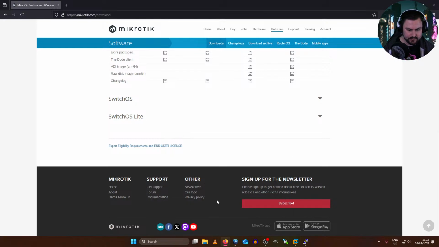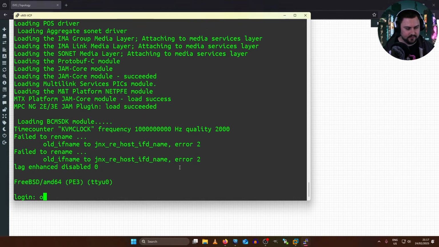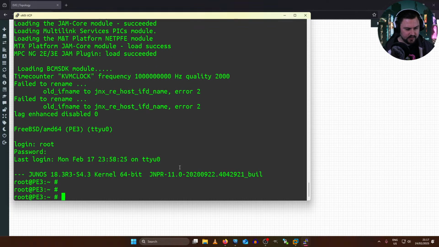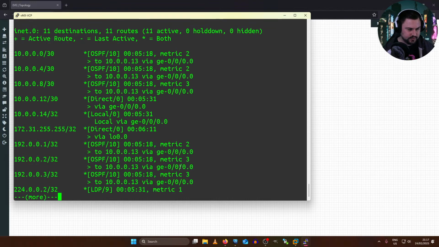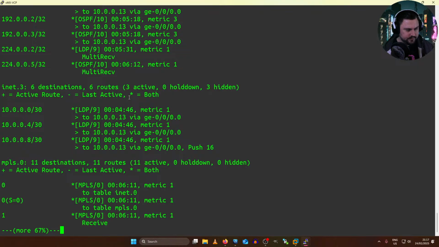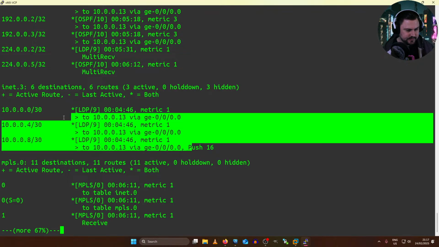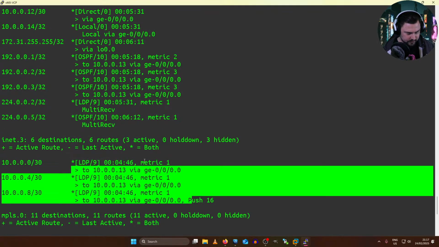Let's see, let's get back onto the lab. Is my Juniper online yet? It is, awesome. Let's see if I can log in. That was 1, 2, 3, nice. Show route, OSPF, show route. Let's just look at OSPF routes. Got quite a few, so that's fine. The MPLS stuff is here because we're using LDP. Yeah, it's really cool.